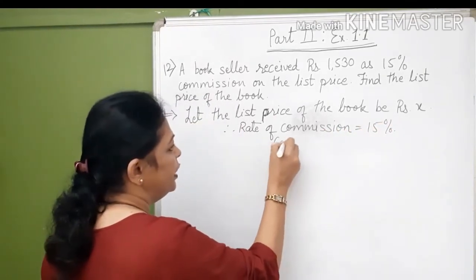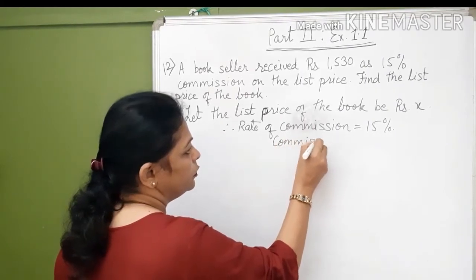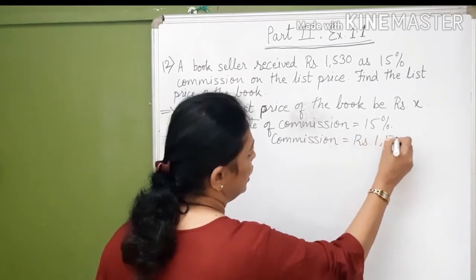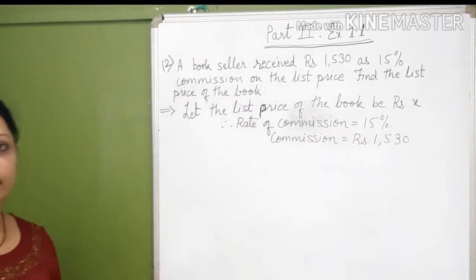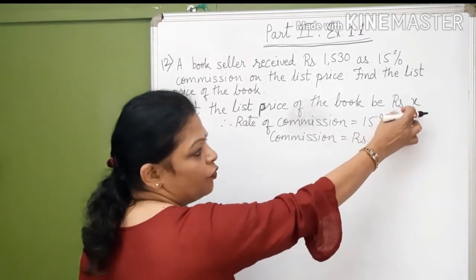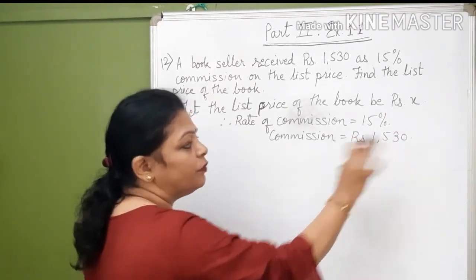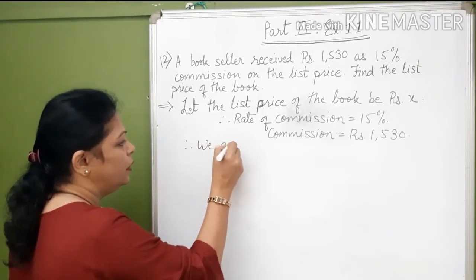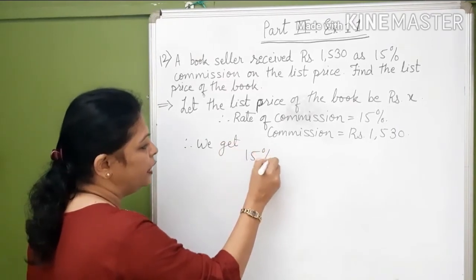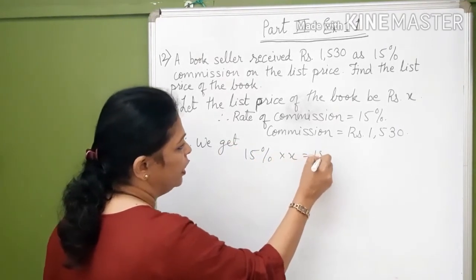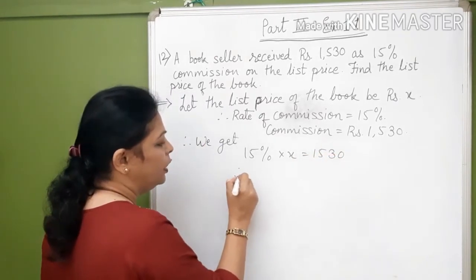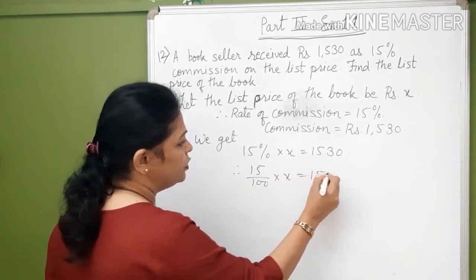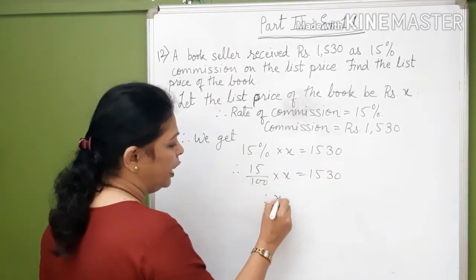And the commission received is rupees 1,530. Correct? That means 15% of X is equal to 1,530. Very simple sum. So we write, therefore we get 15% into X is equal to 1,530. That is 15 upon 100 into X is 1,530. Therefore X is equal to